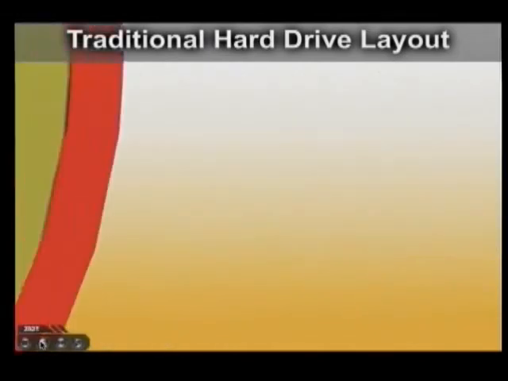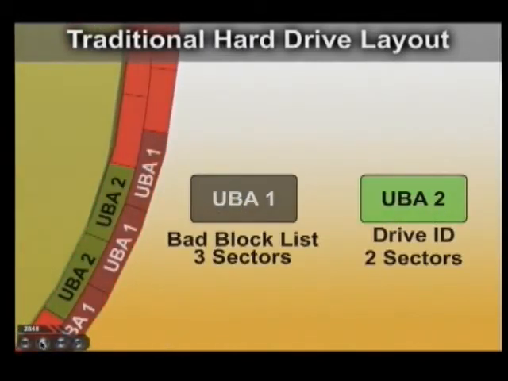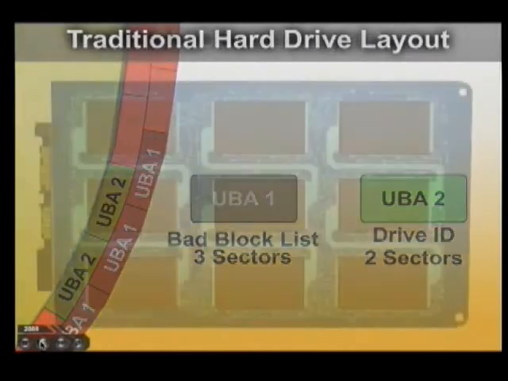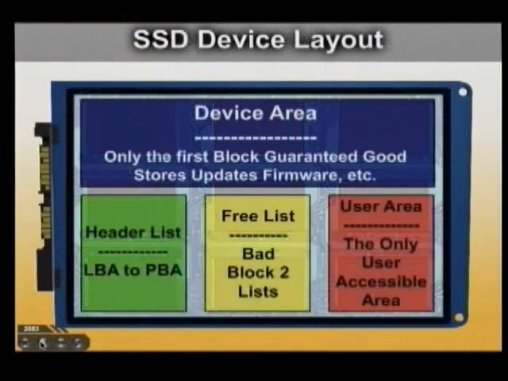As we move forward, you'll see that some of the things that are legacy things in solid-state drives are just gone. This is utility block addressing. Utility block addressing is something that programmers use who are working on the hard drives to decide, hey, I need a bad block table and I need it to be this big. And you can have one block table that you talk to as UBA1 and it be a variety of sectors. Those kind of things are disappearing. And in SSD drives, it looks completely different. So you will have some of that symbolic information, but most of it is all completely replaced with something else.